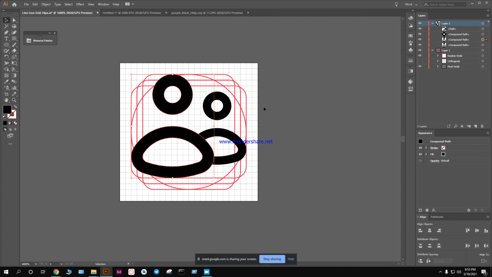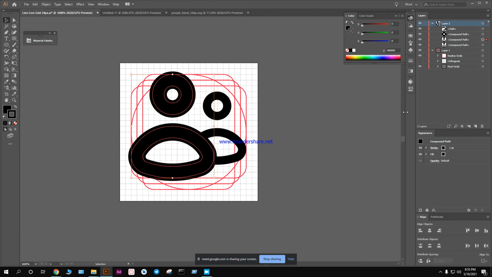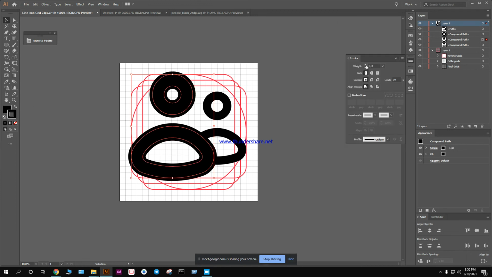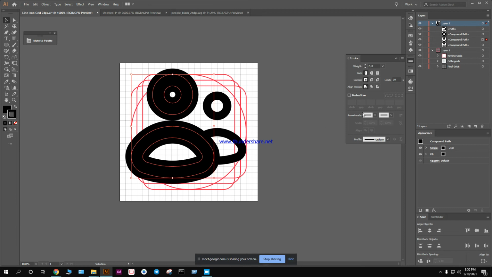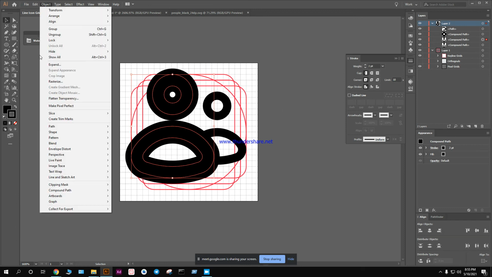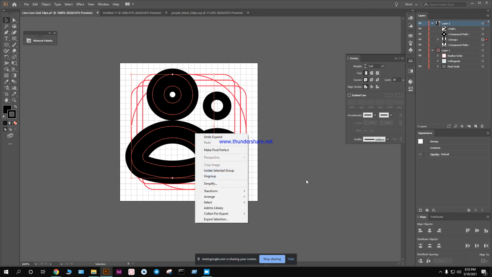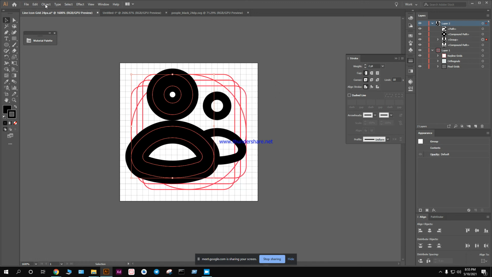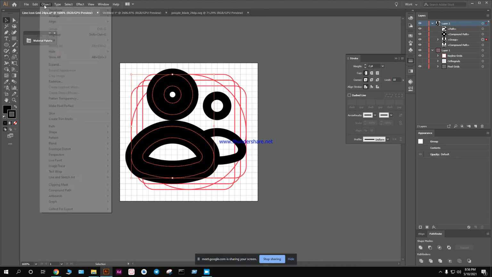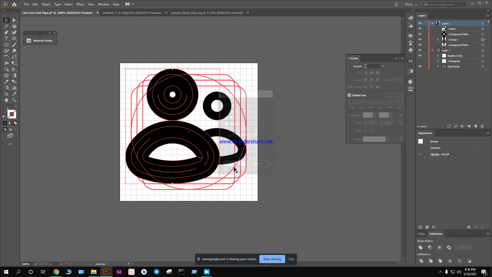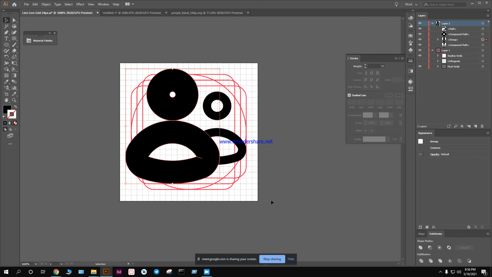Copy this one again, give it some outlines. It will be like 2 pixels of outline, and then expand. Then what I'm going to do is pathfinder, add, sorry, my bad, expand, add,